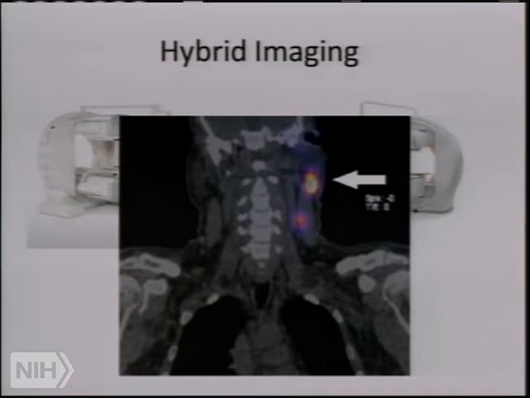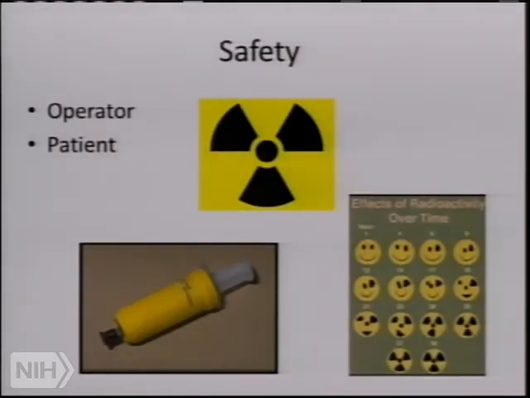And the back end of this, I didn't describe, is this conventional CT scanner, computed tomography. The reason to do that is to recover the resolution, it's a little bit of a fake, by superimposing a high-resolution CT on top of the SPECT image. So here you have a node in the neck that is detected on the SPECT and then superimposed on the CT, and it looks pretty good. But the native resolution of the SPECT is very poor, on the order of 7 or 8 millimeters in dimension.